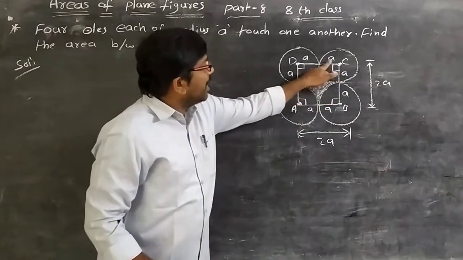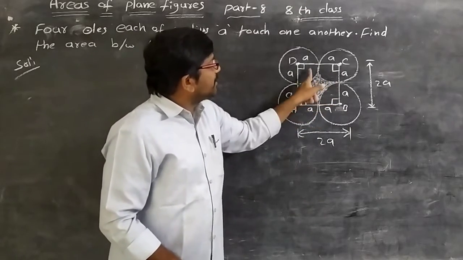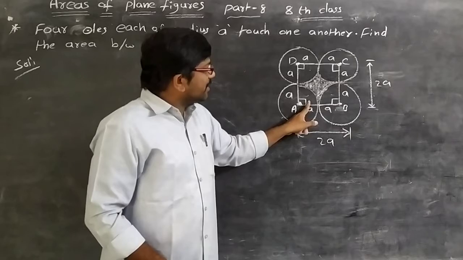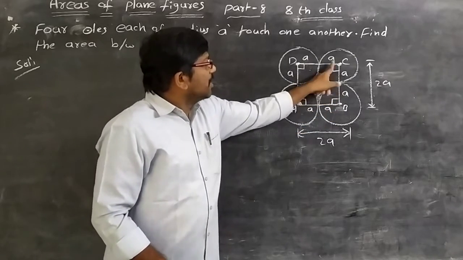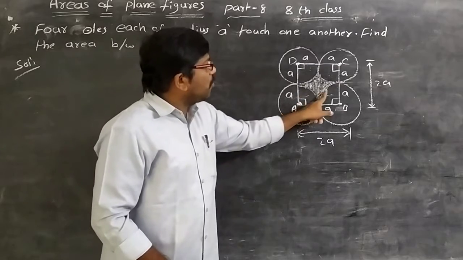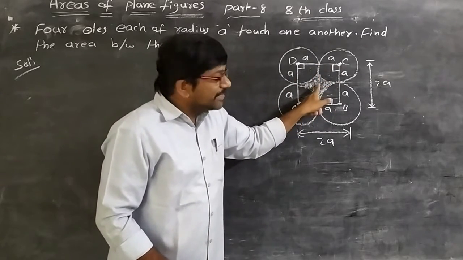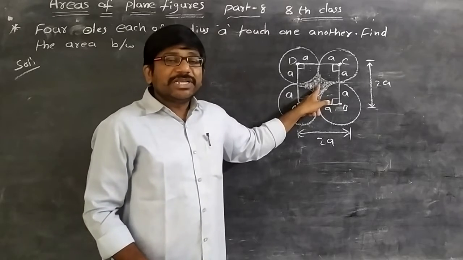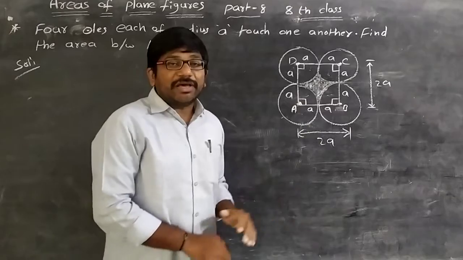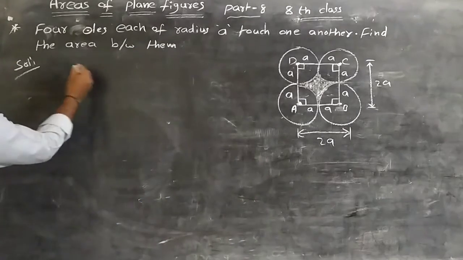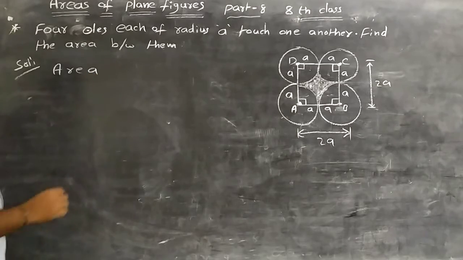Area of square ABCD minus area of four sectors. It is one sector, another sector, another sector, meaning four sectors. So if we subtract four sectors from the total square, we get this shaded region, right? The area between four circles. We get this area, right? So the area between four circles